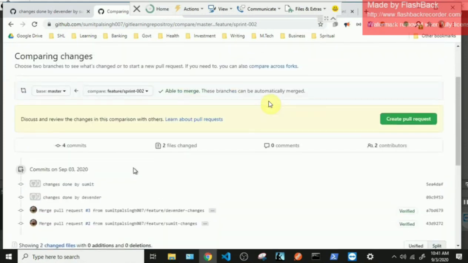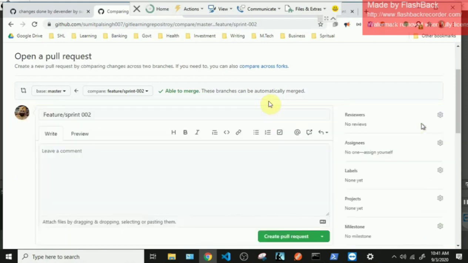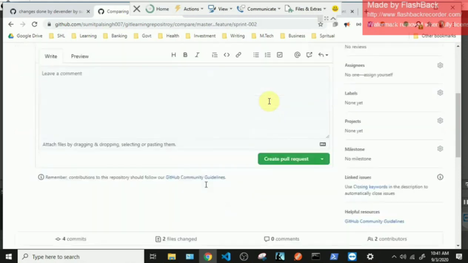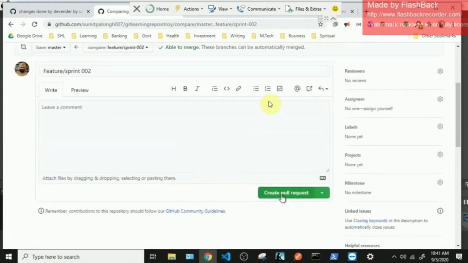So if I had 10 developers working, it would contain the changes done by all these developers. Okay. So I'll click on create pull request. Now this pull request is open for the master branch.